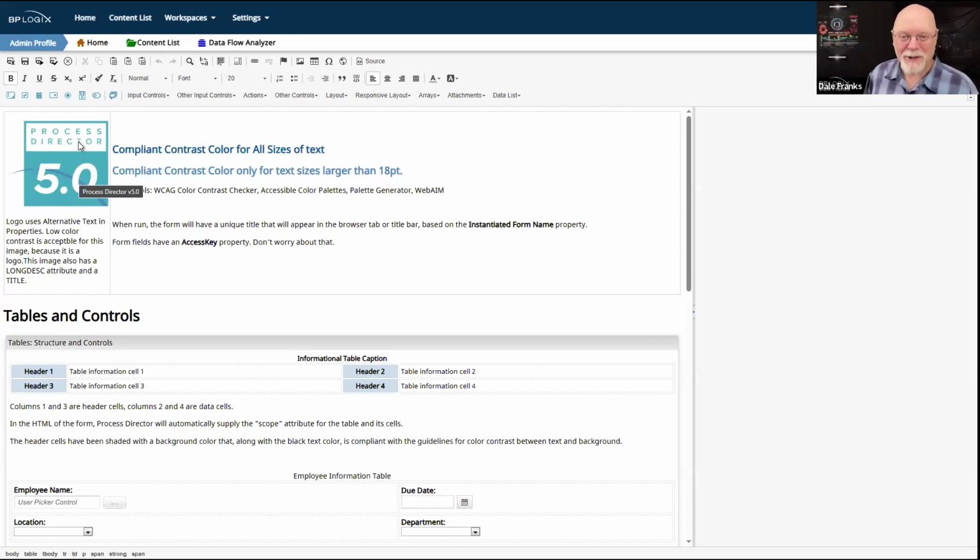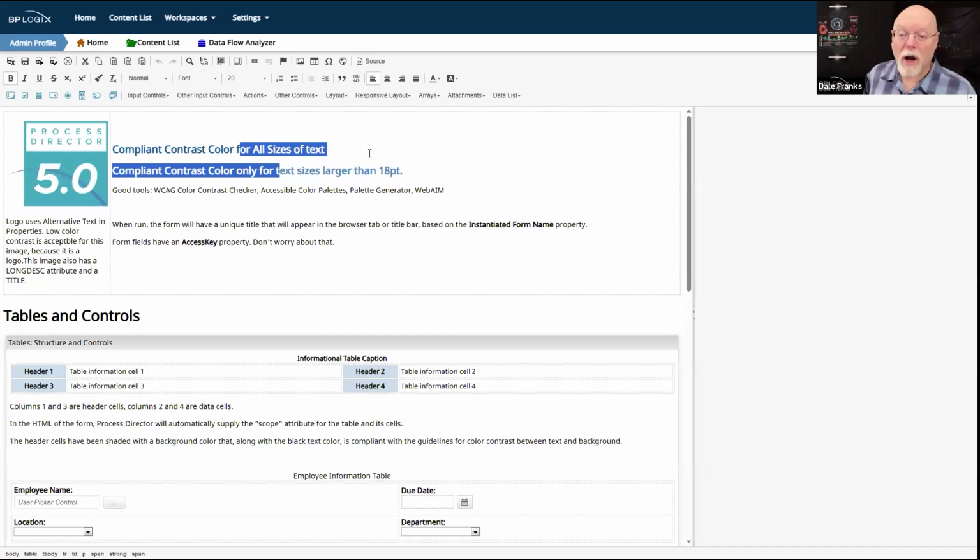A logo that just said 5.0 wouldn't be very helpful. It's got to say Process Director 5.0. So yeah, there's text here. Logos, of course, are exempt from this requirement of no images of text. But there is a WCAG standard that explicitly says, if it is at all possible, do use text and do not use images of text. So I just needed to mention that. I was thinking about it a few minutes ago, but it slipped my mind.